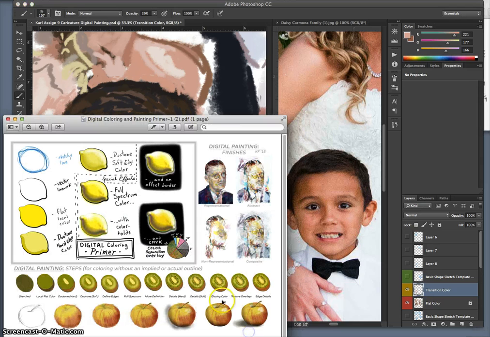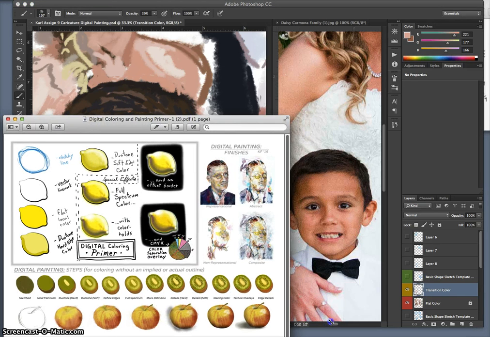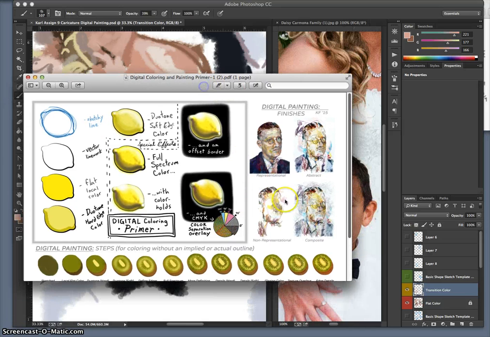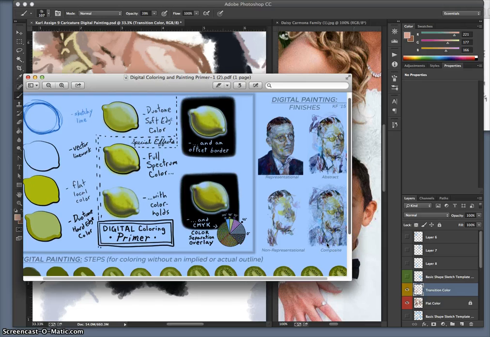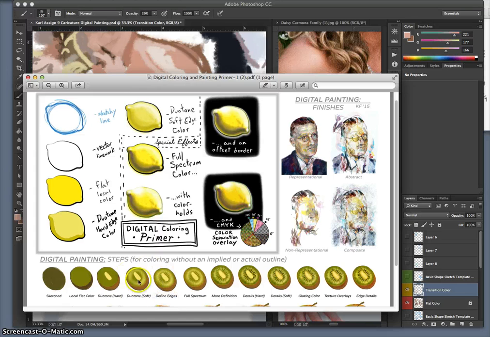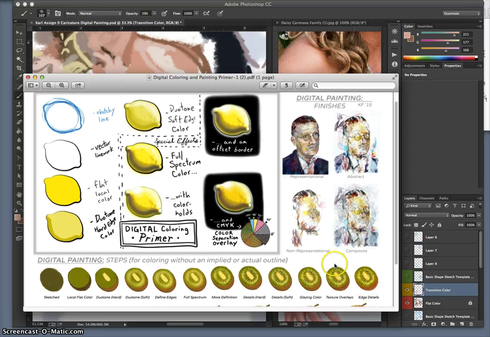So if we look at that handout, this is how you create more and more definition within your painting. So with this transition now, this duotone, soft-edged, that we're doing with lower opacities, we can do soft edges, then we can take the opacity down and do softer, and then we can put it back up and do little details, hard edges. And we can keep working until eventually